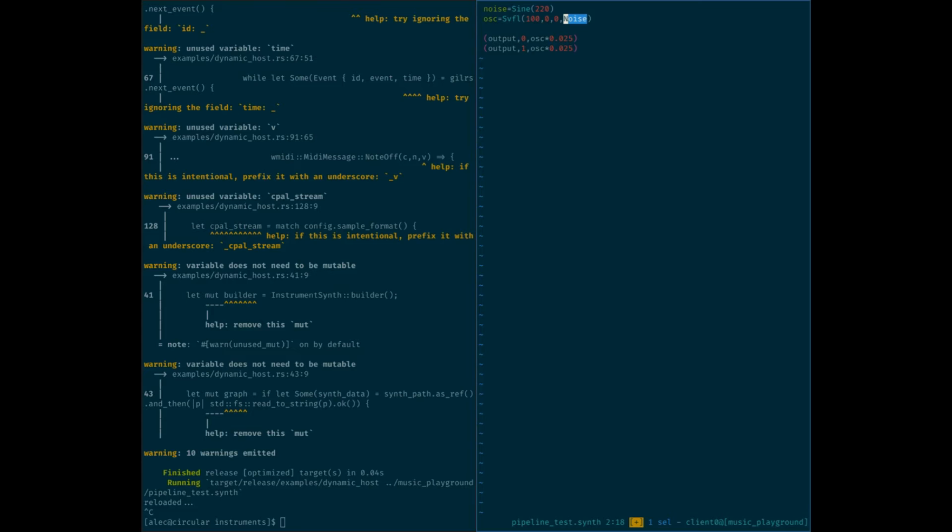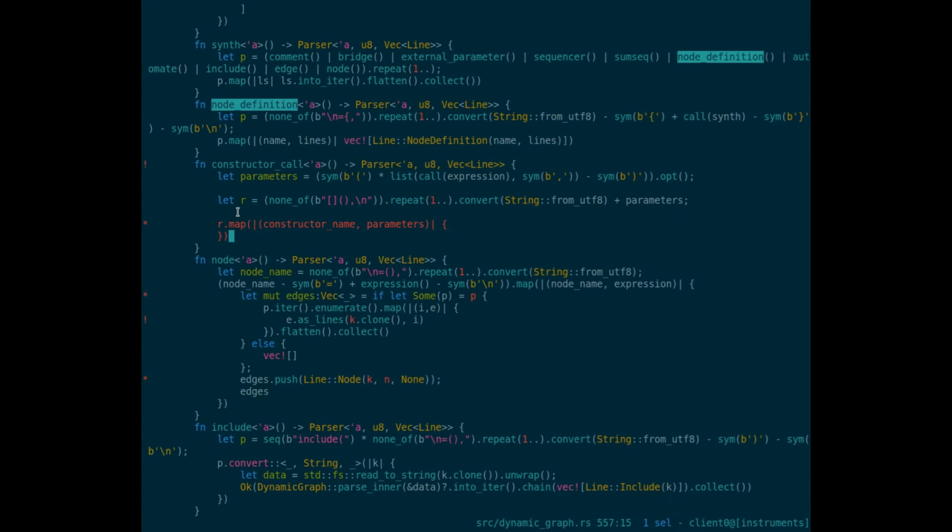It doesn't have a name, right? But in the underlying graph, it does actually need to have a name. So I have to make an anonymous node in the graph,